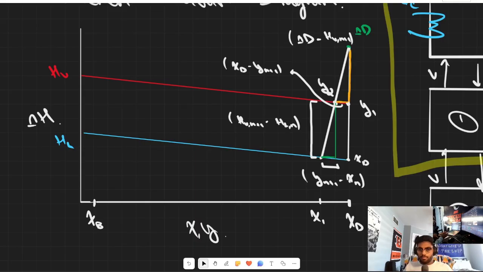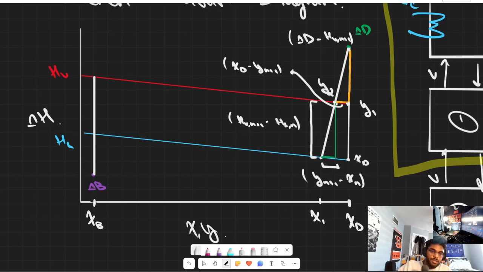So let's go ahead and demonstrate the same thing for the stripping section now. I'll use here, this is going to be our delta B, and we'll draw this up, and remember that this delta B is at our bottoms composition. So this liquid and this vapor are both at this bottoms composition. So what ends up happening is that we will have